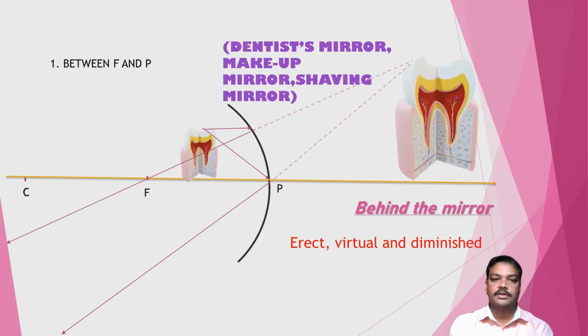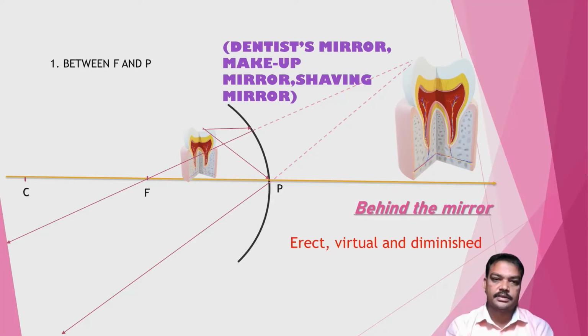Here is one of the situations where the concave mirror is used. A dentist uses a mirror to see the actual problem inside the tooth. He uses this concave mirror. When a small tooth is seen through this concave mirror, it appears to be bigger, as shown in the figure. In this ray diagram, we can take the help of two of the rules